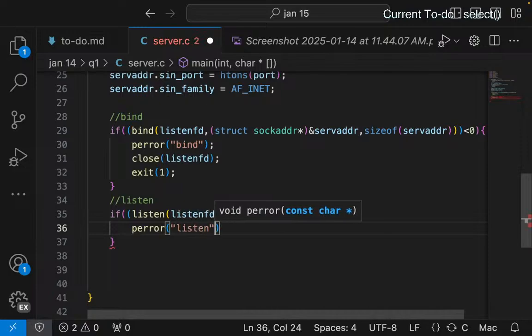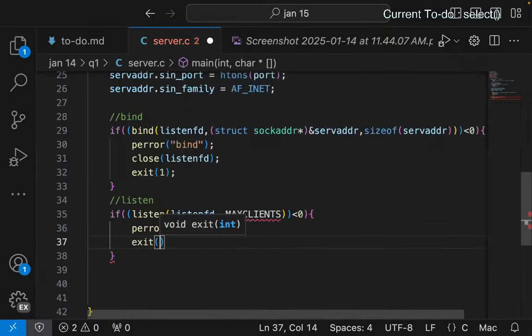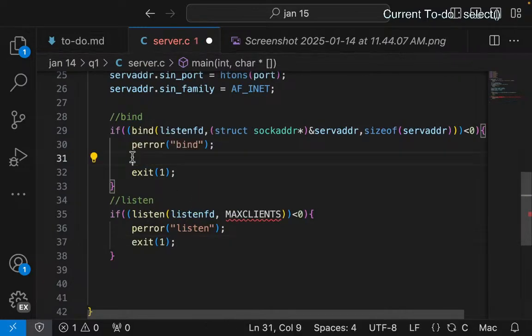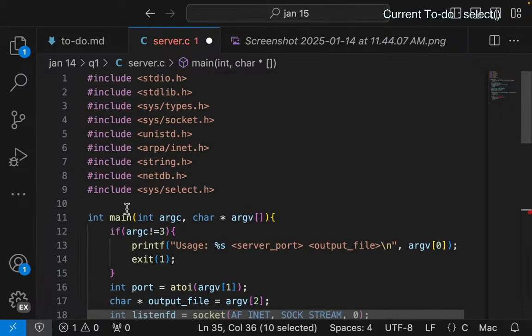Listen, then exit 1. Before doing that, just close this. Oh, damn it. Before doing that, close this and copy this and